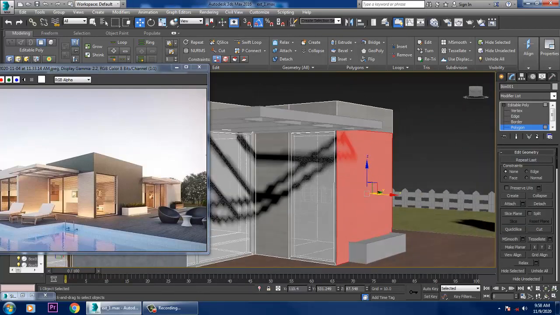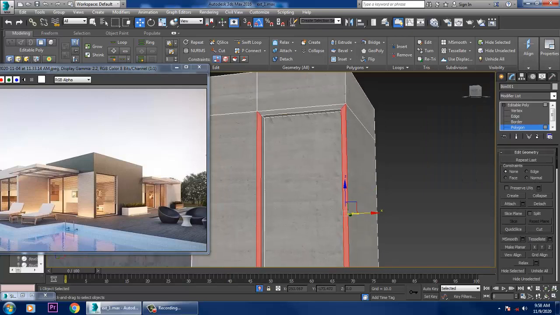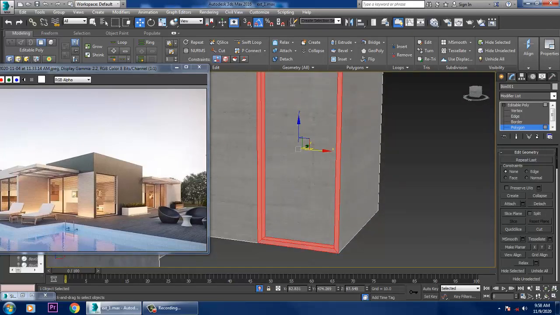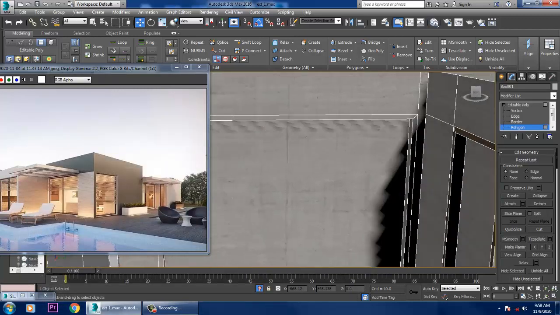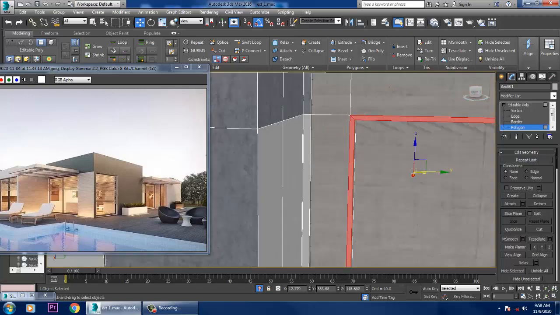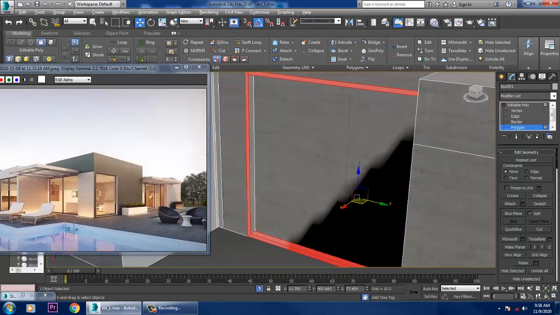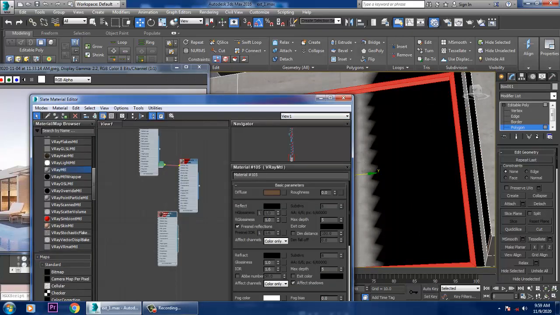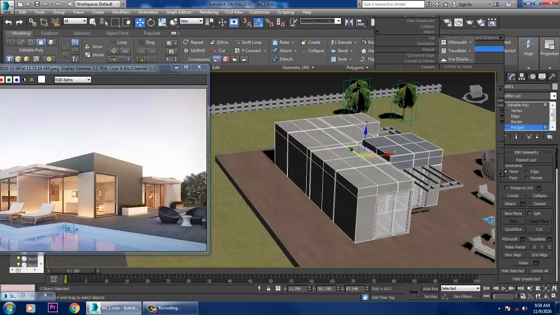So select this part, this part, this part. Select this all, and give this over here. Select this whole thing. Right click and isolate this. You can save your file once over here.